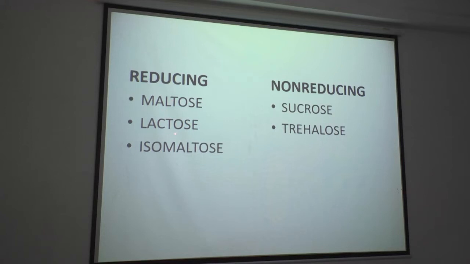Maltose and isomaltose are produced from incomplete digestion of starch. Lactose is milk sugar. Sucrose is cane sugar. Trehalose,